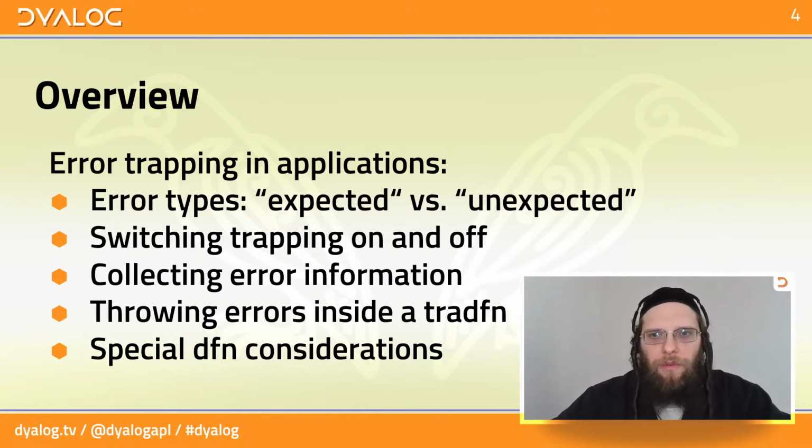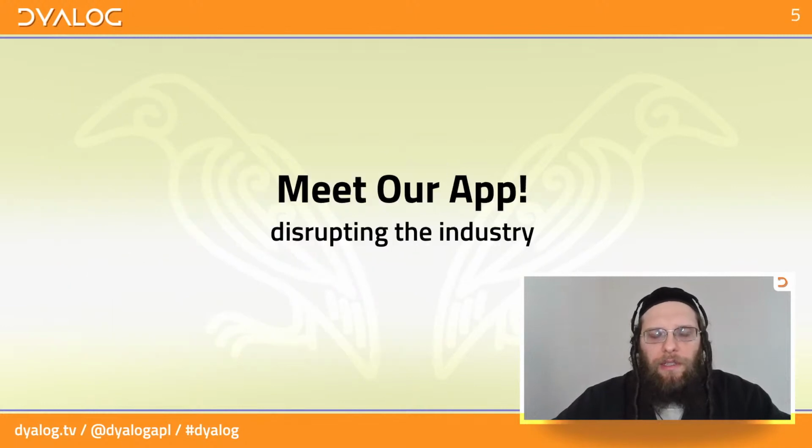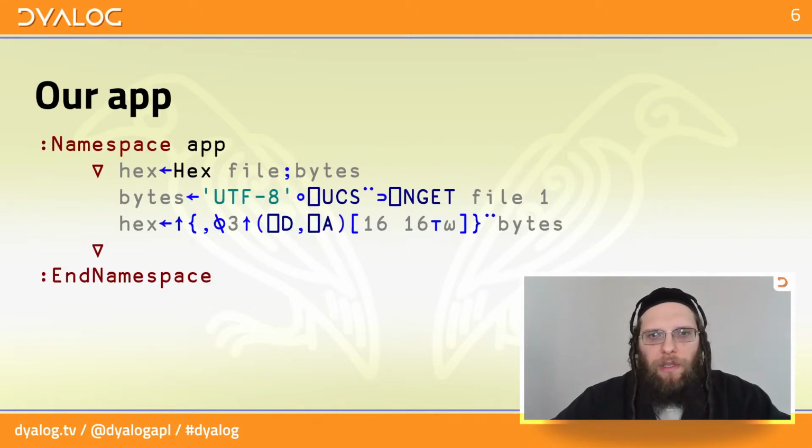Without further ado, we are going to be using a tiny application as our example of code that will have bugs in it, and what the behavior will look like when we hit those bugs. This is our application. It's quite simple. It is a monadic function. It takes a file name, gets the file's content, converts the text there to